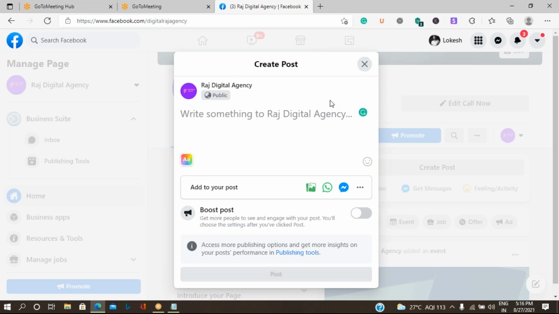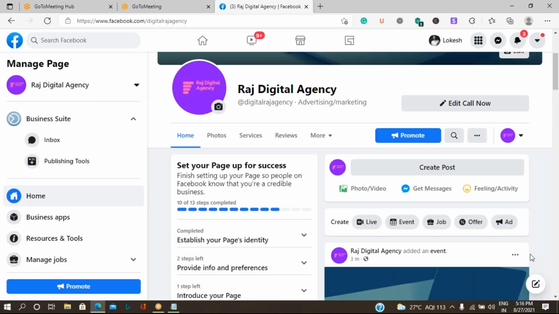Okay, but there are certain situations where you do not want to send the post immediately. For example, you want to fix a particular time when the post has to be delivered. If you are coming up with an event, I do not want that event post to happen immediately.